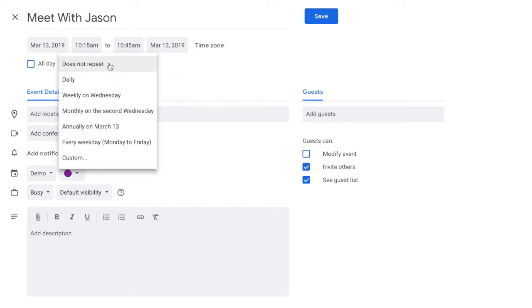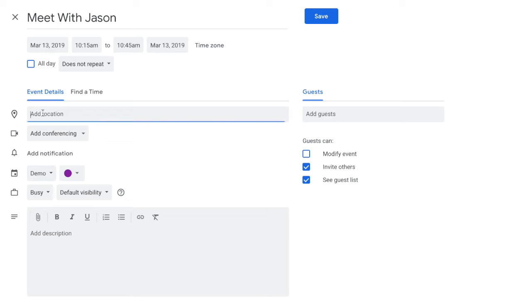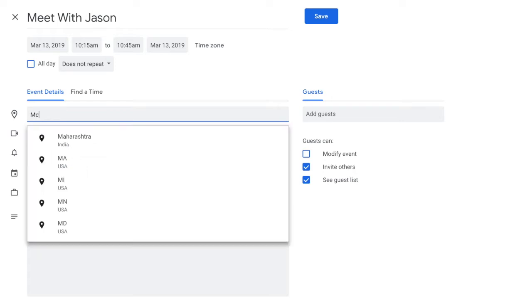And then of course you can repeat these. Maybe it repeats every day or every week on this Wednesday or every month and so on and so forth. Or you can do very custom repeats. And so you can look in there if you want to repeat. You can add locations, and real locations actually work. Like if I wanted to say I wanted to meet at McDonald's,